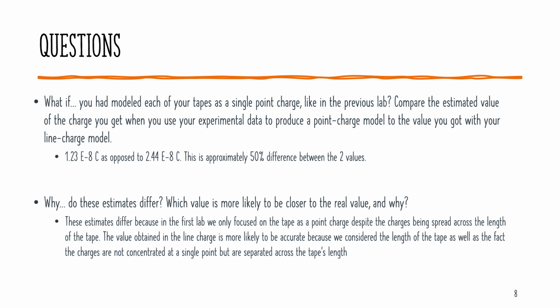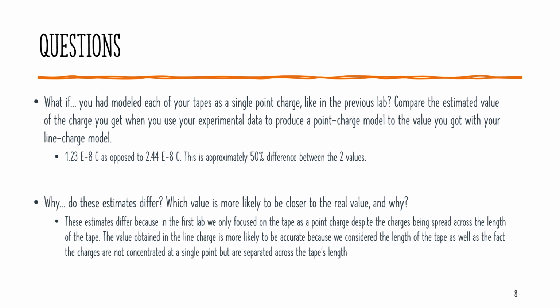Why do these estimates differ? Which value is more likely to be closest to the real value, and why? These estimates differ because in the first lab, we only focused on the tape as a point charge despite the charge being spread across the length of the tape. The value obtained in the line charge model is more likely to be accurate because we consider the length of the tape as well as the fact that the charges are not concentrated at a single point but are spread across